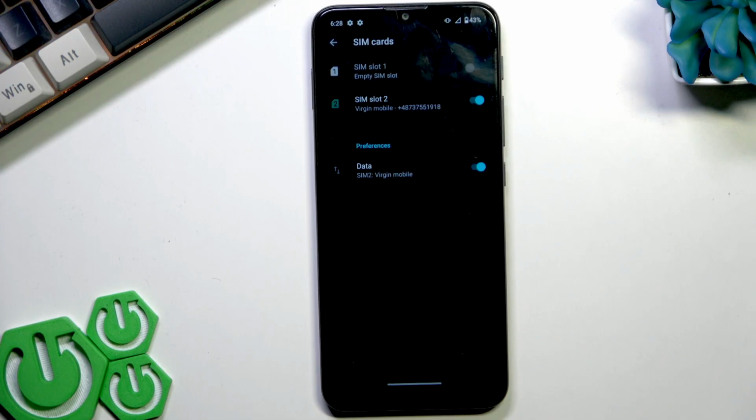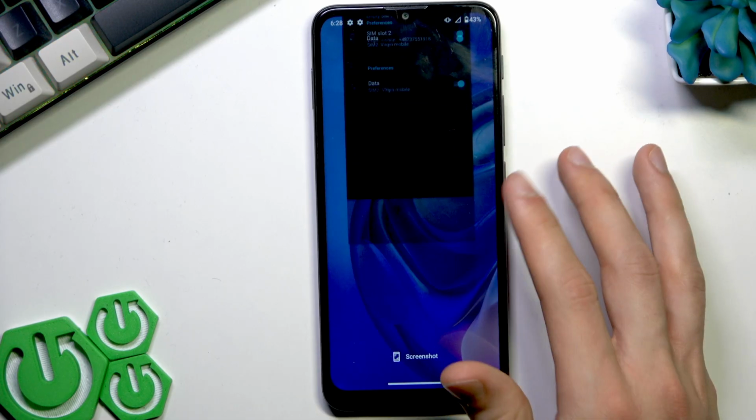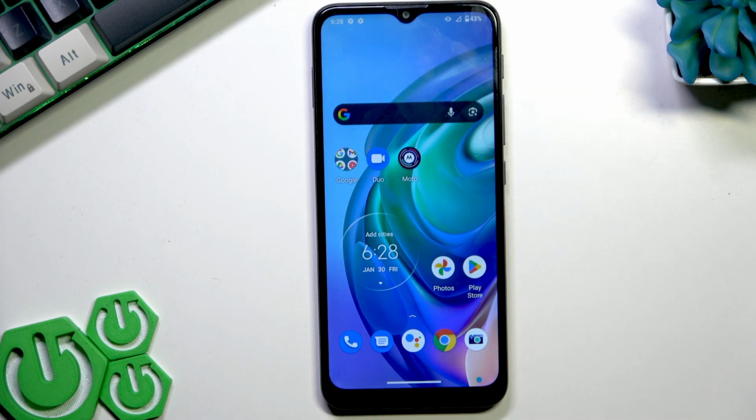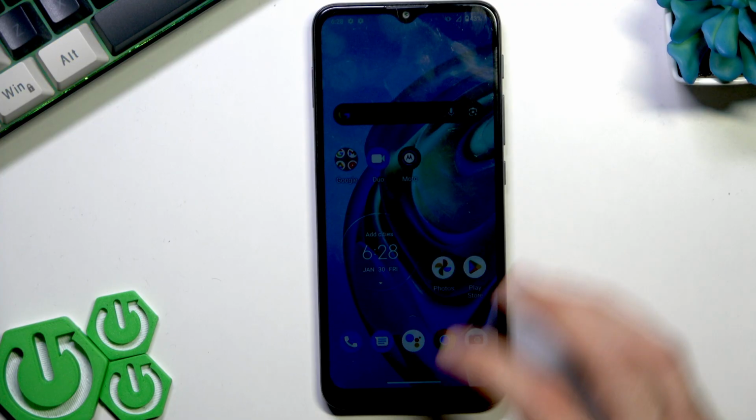However, if this won't make your phone recognize your SIM card, then you should insert it into another device and check your SIM card using the other device. If another device won't recognize your SIM card, then it's probably just inactive, and you can either reactivate the SIM card or just get yourself a new one. But